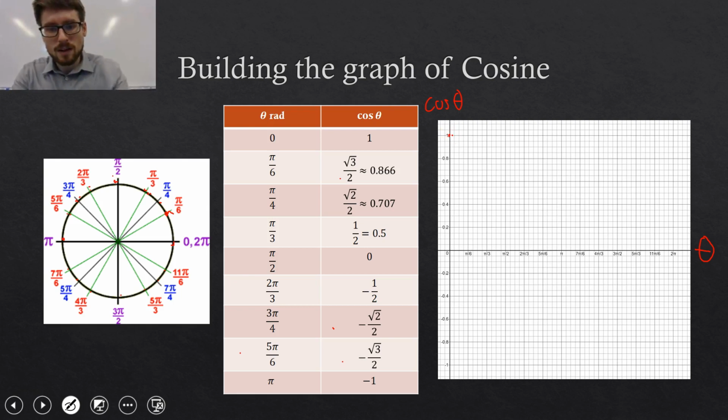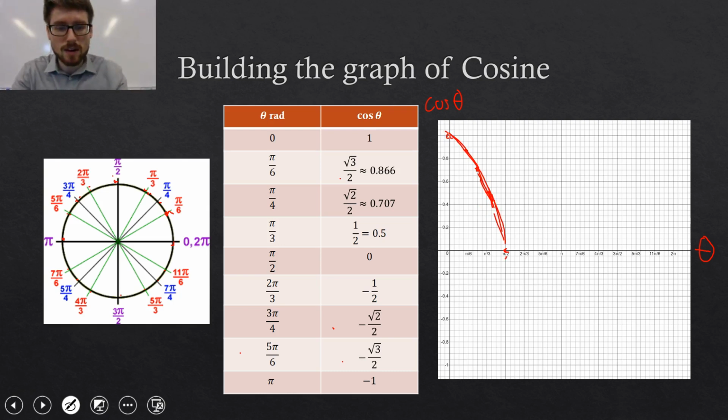That's up here. We have pi over 6, and then root 3 over 2, which is about 0.866. 0.9 is halfway between 0.8 and 1, so 0.866 is roughly about there. Pi over 4 is 0.7, right around there. At pi over 3, we're at 1/2 exactly, so that's about right here. And then at pi over 2, we're at 0, so that's down here. Okay, so I'm going to go ahead and connect this with a nice smooth curve, so boom, there's the first bit